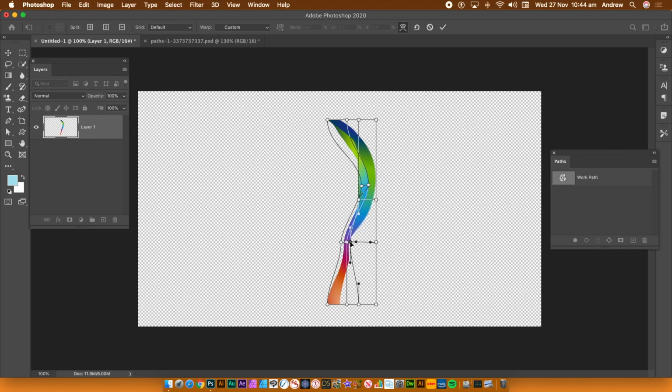I'll squeeze that in a bit. Just move the points around. Once you're happy with that, click OK. So you've got your design there. That's quite a nice little design. So